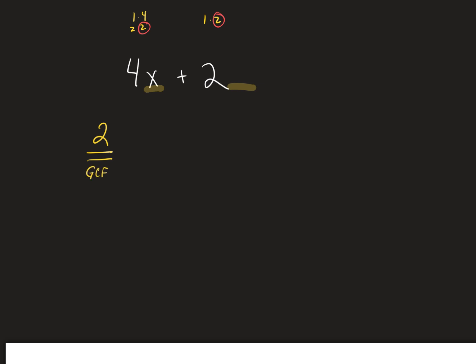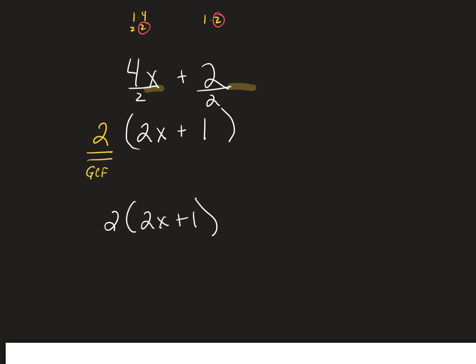Now what you need to do is tell me what is left over on the inside for each of the terms. If I take 4x and I divide it by 2, what am I left with? I should have a 2 and I have an x, okay? If I divide my 2 by 2, 2 divided by 2 is 1. So my final answer is 2x